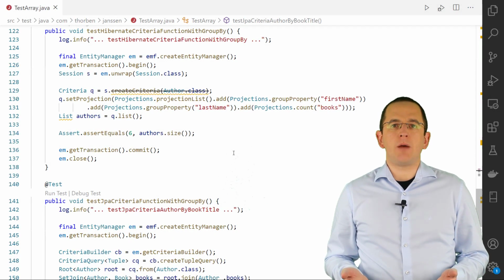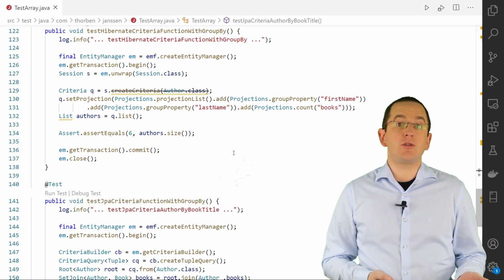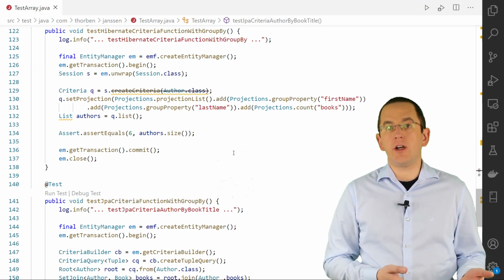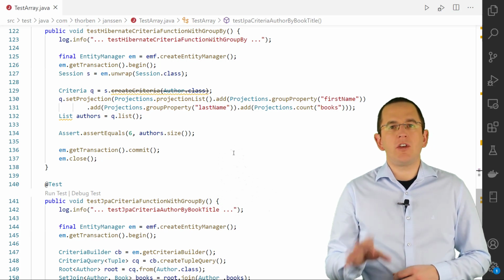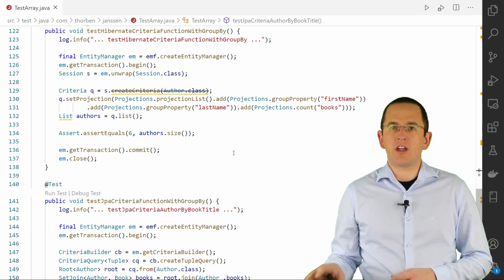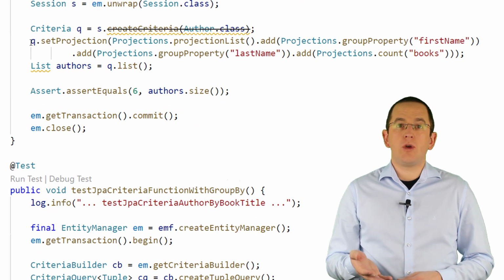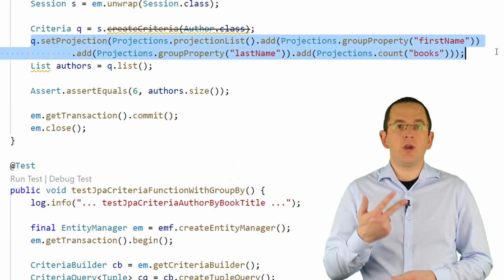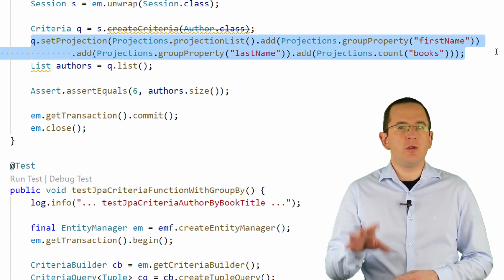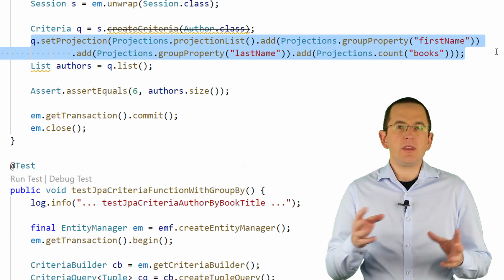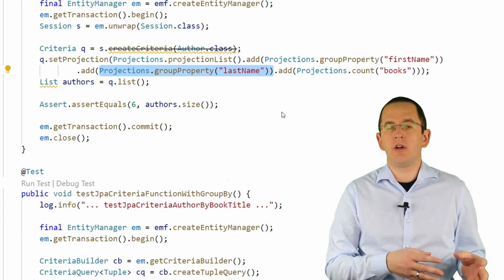Similar to the previous examples, a query that selects the first name and last name of an author and counts her books requires only a few lines of code if you use Hibernate's deprecated criteria API. But this code is different from the generated SQL statement, and I don't find it intuitive to read or write. You need to create a projection list containing the three pieces of information the query shall return. But instead of defining a group by clause using the first name and last name, you reference each of them as a group property in the projection.